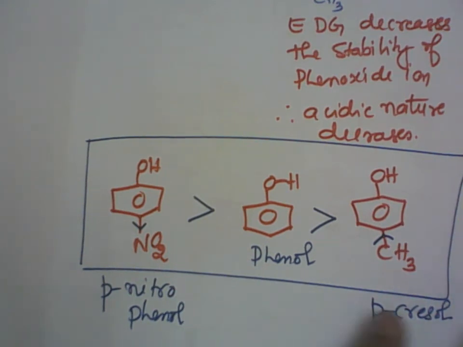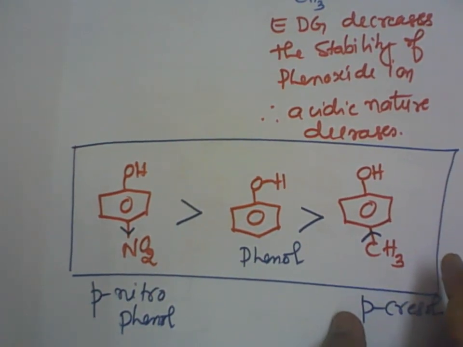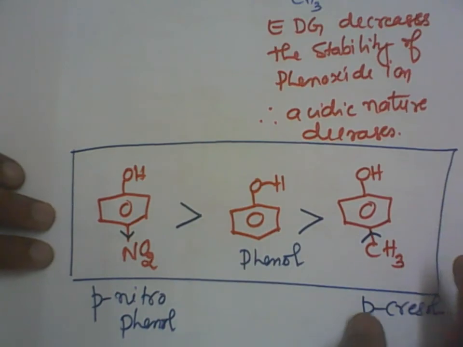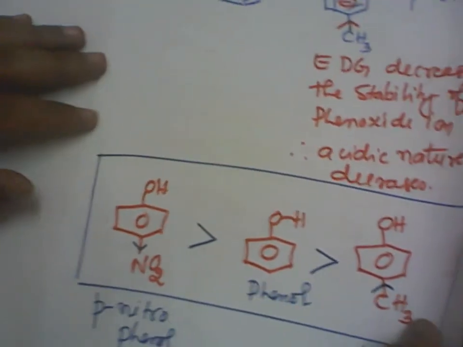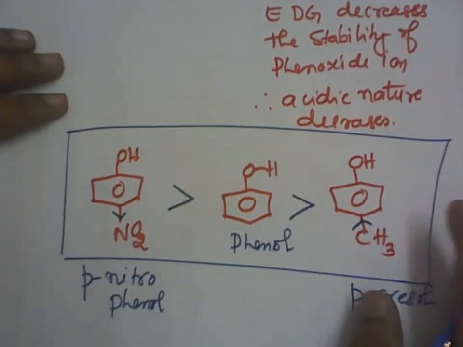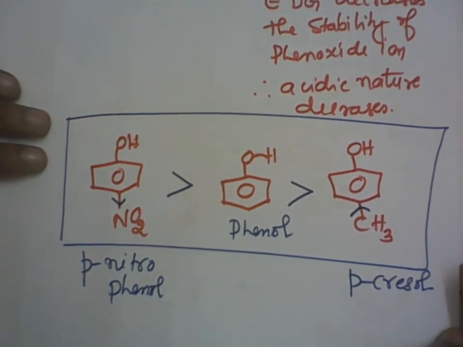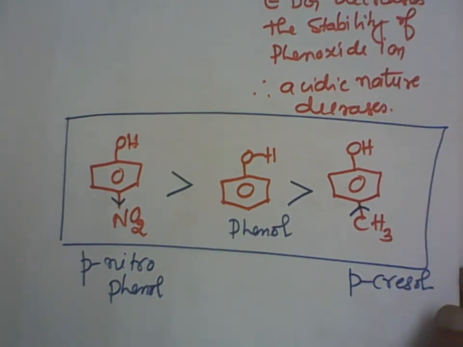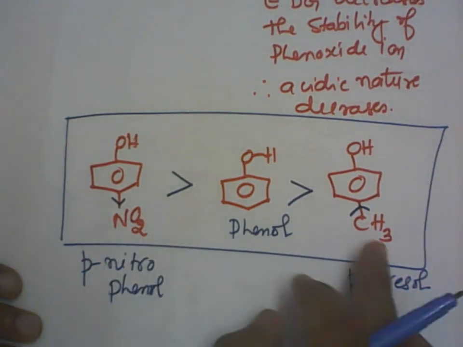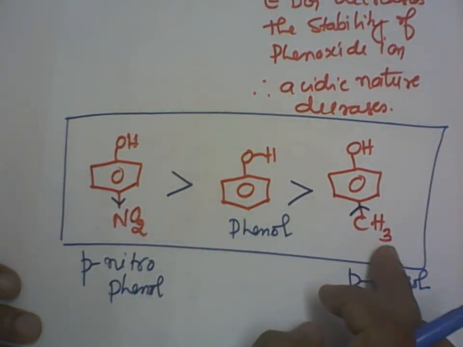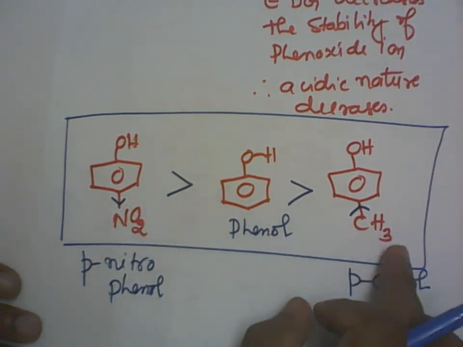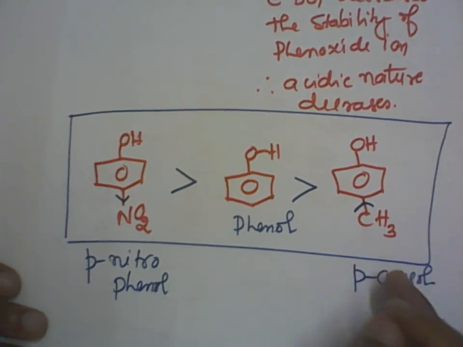Clear? So in this video, we have discussed two topics. One is known as the acetylation of salicylic acid to give aspirin, and the second one is the acidic nature of phenol. Phenol is acidic in nature because it can react with bases to give salt and water. Then you have studied the effect of substituents on the acidity of phenol, whether the acidity increases or decreases. Clear?